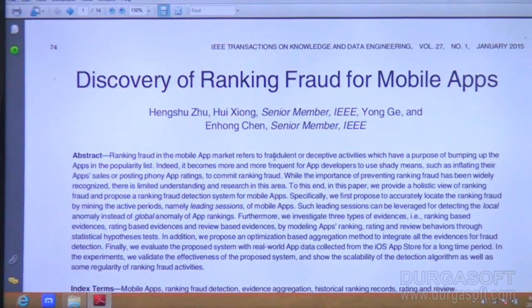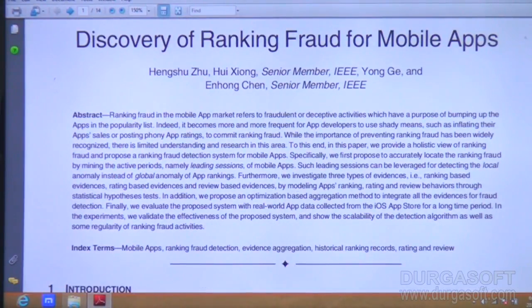Today I am going to discuss the discovery of ranking fraud for mobile apps. If you know or not, this IEEE title is majorly about how to find ranking fraud, and I am looking mainly at mobile apps. Nowadays, if you want to upload or publish an app, the Google Play Store or iOS App Store provide certain restrictions and limitations. But however you are managing mobile apps in a secure and high-range manner, we need the ranking of these mobile apps also.